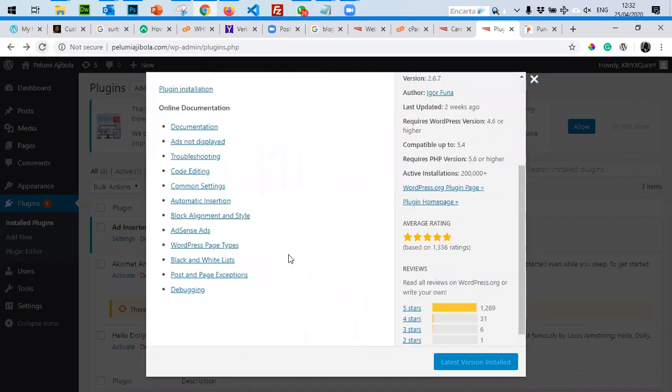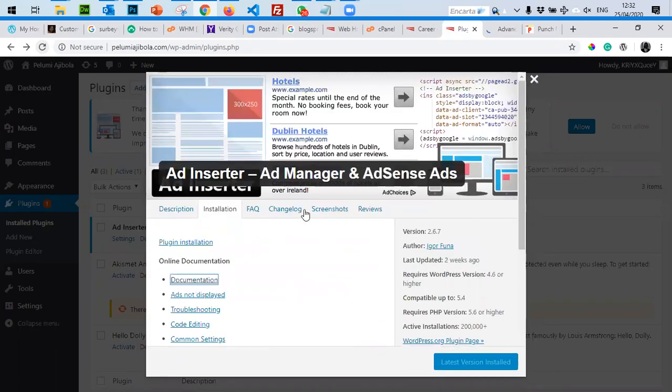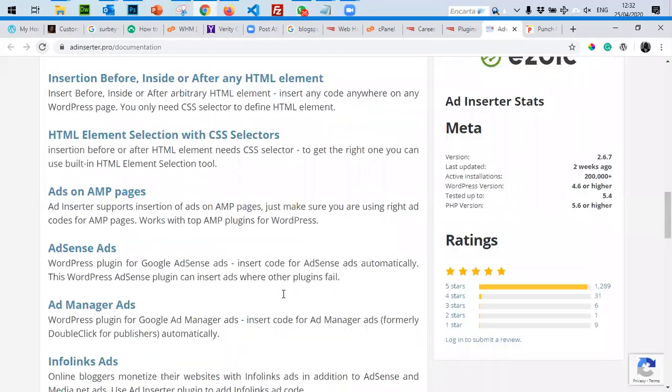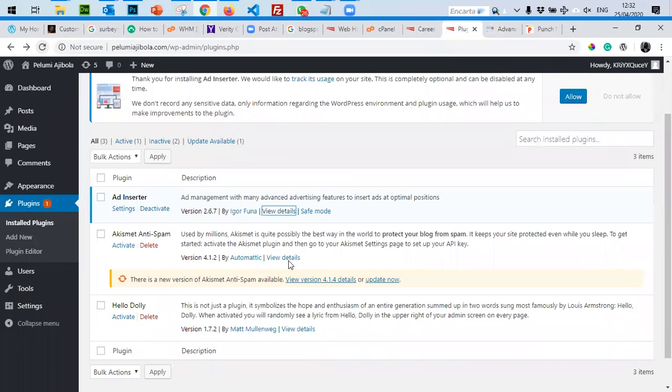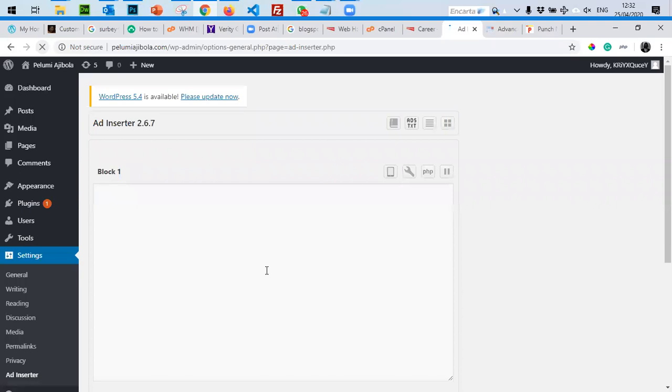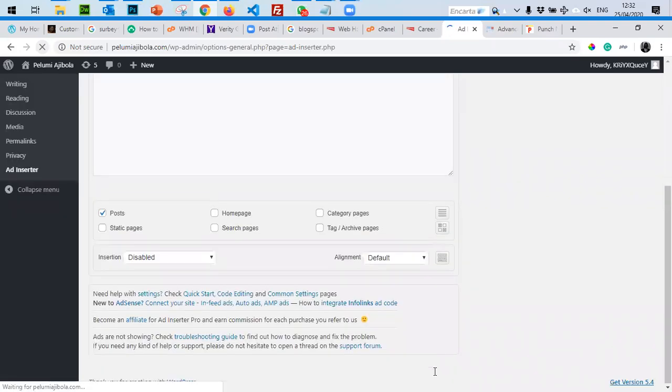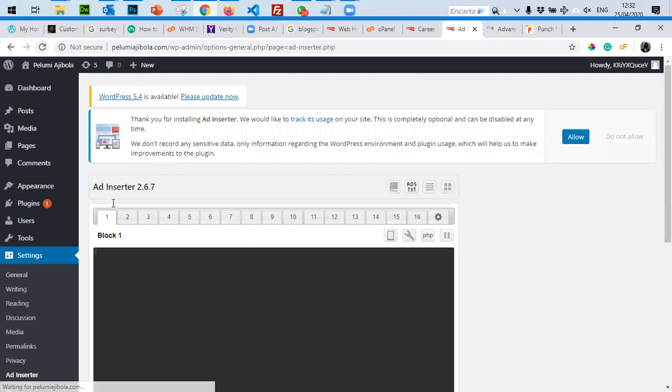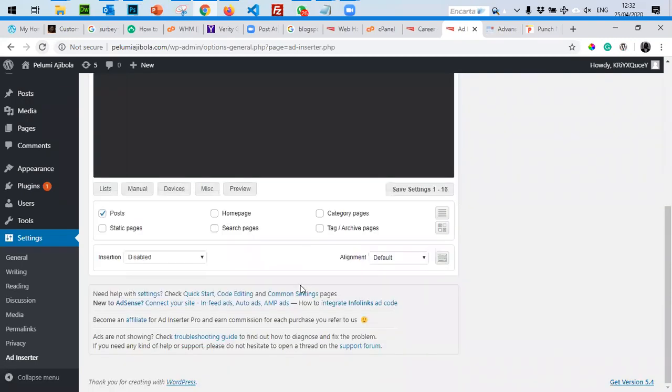They want you to read some form of documentation first to understand how the plugin works. Once you're satisfied looking at all the details that they've put together, you can start using it. But there's something I'm sure we can easily figure out without having to read much. So it's telling me now that, okay, we like to track, we don't record.